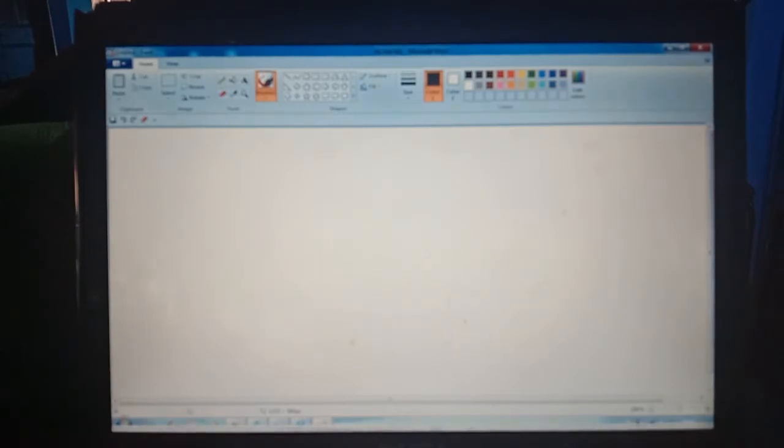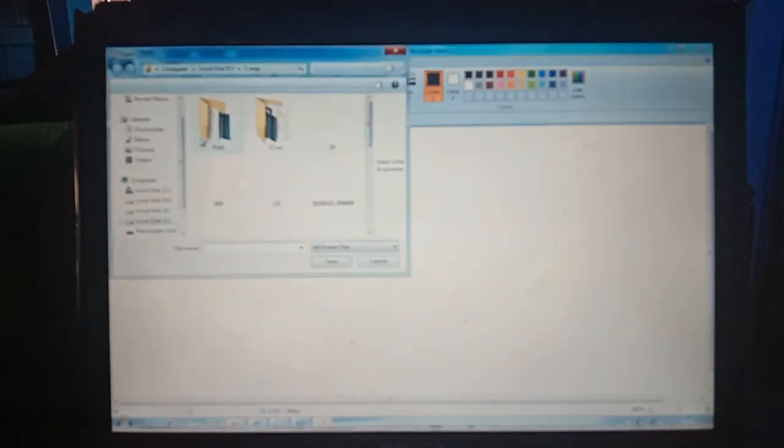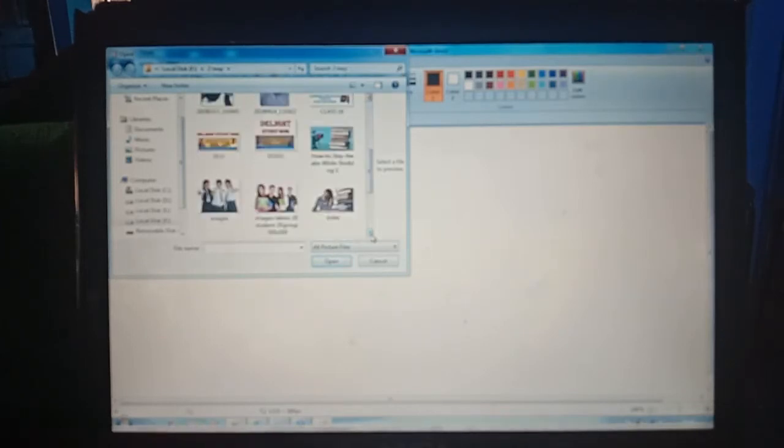Okay, so in Paint, if we want to open another file, then again we can open, okay, open new. That means you are going to make a new, empty file. But if you open an already existing file that you have already made, that file is going to be shown on this screen. Just like I want to show one image here, one picture I have taken from there, and I want to open it with Paint. Click.